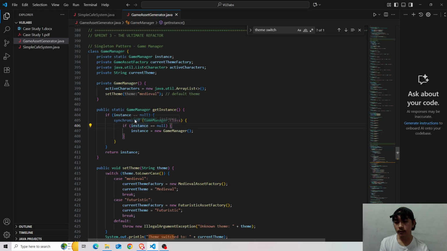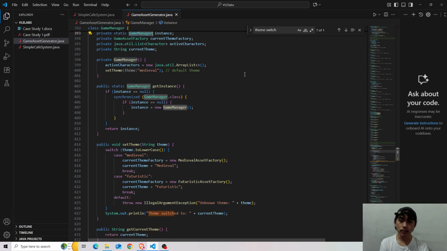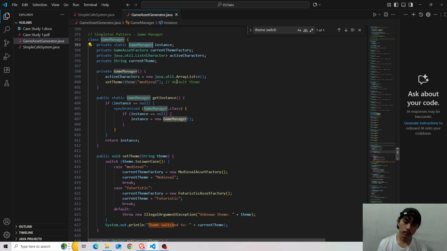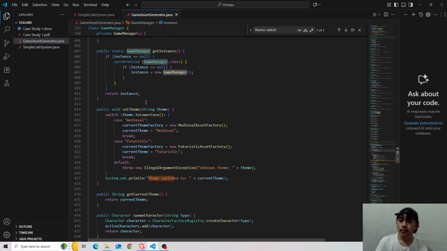So if instance is null, then it'll be creating a new instance, right? Then it returns the current instance of the game manager, making sure that only one instance runs at a time when our program runs. Okay, so it shouldn't have any other game manager instances that are running as well.